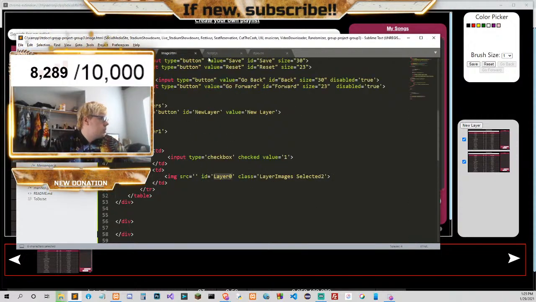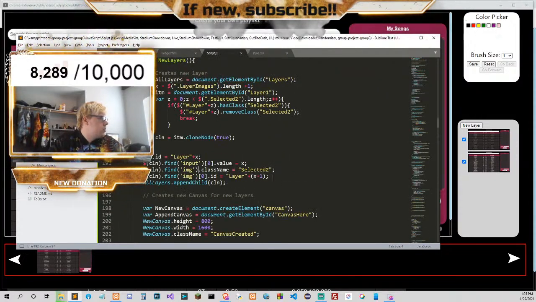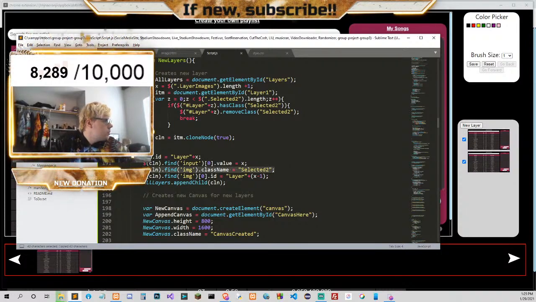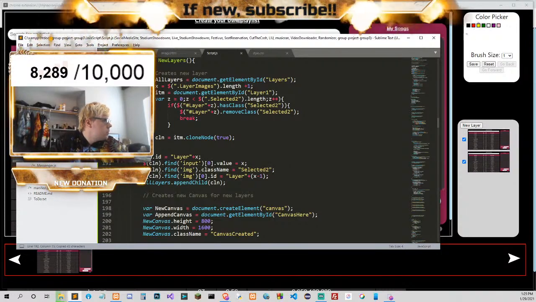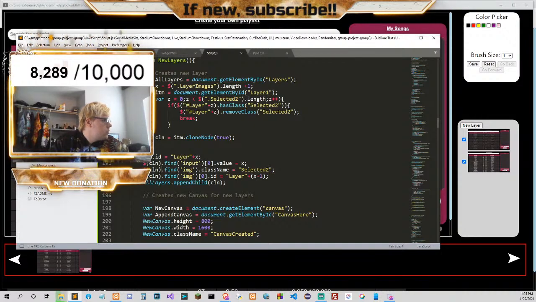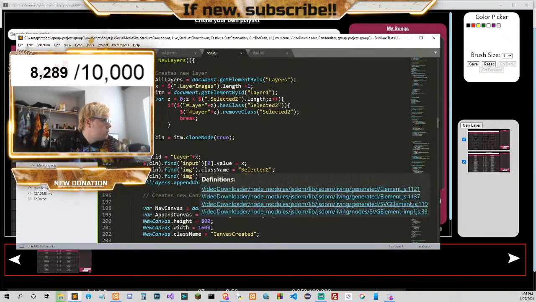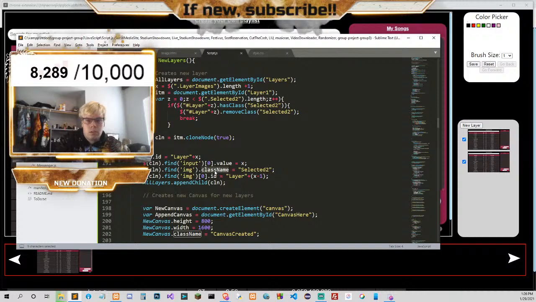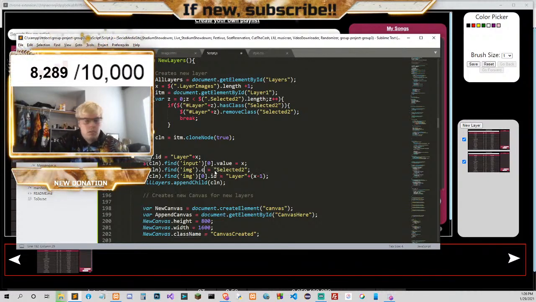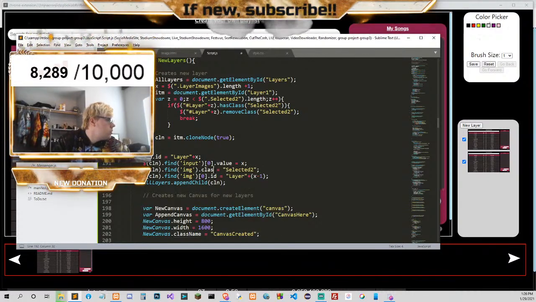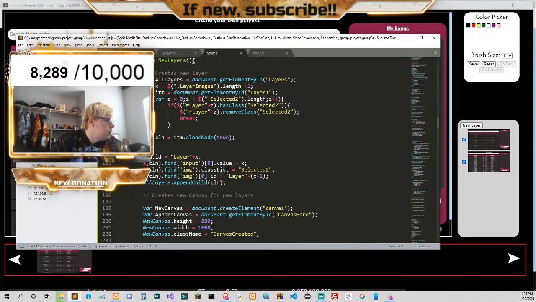Find image className equals what? Find image. Oh, I think it's classList.